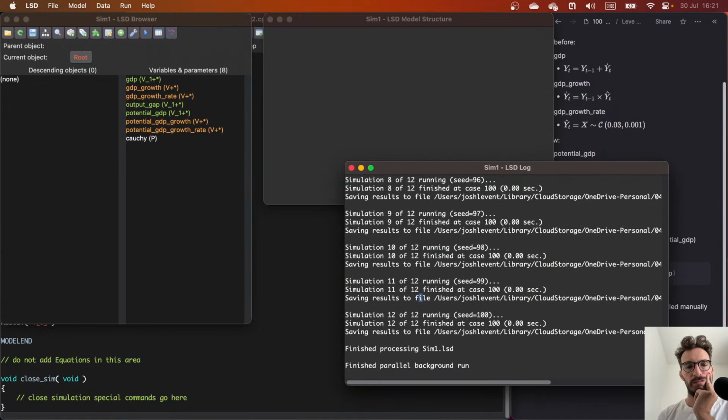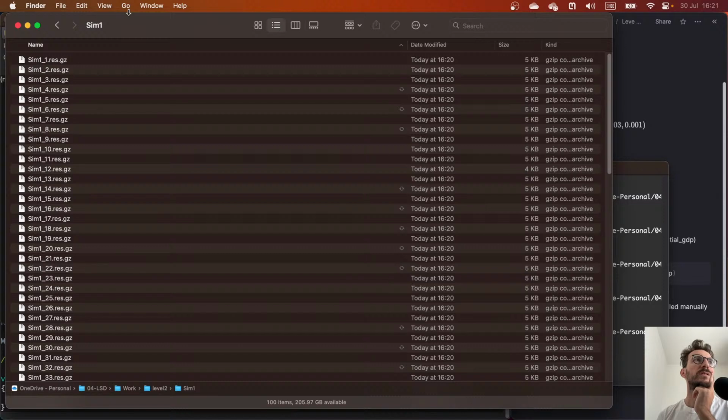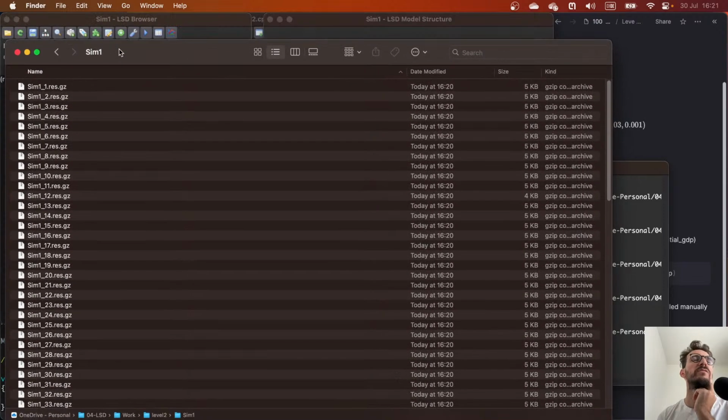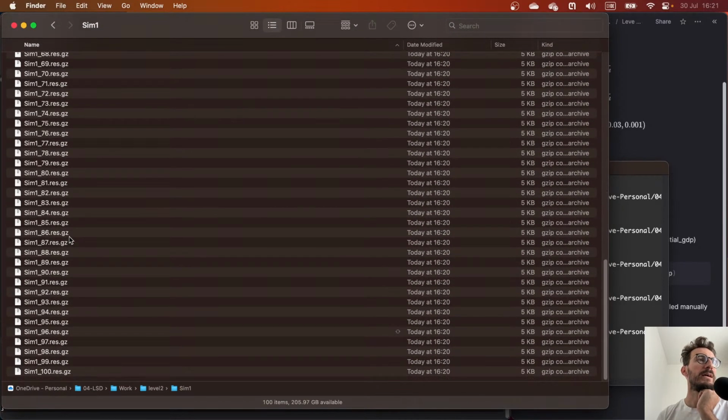And maybe I'll just show where these are in my folder. I have this LSD folder where there's this work directory where it has level 2 simulation, and then sim1 is the current. That's the name of the configuration. So you can have multiple configurations to compare the settings. And then here I have my 100